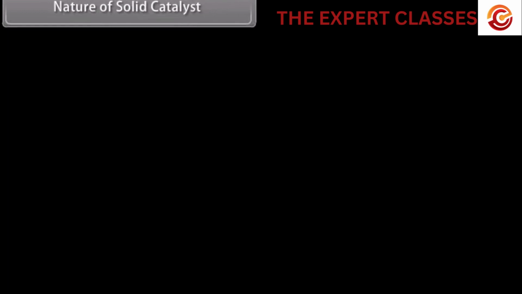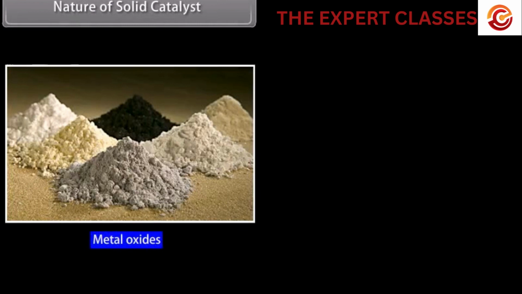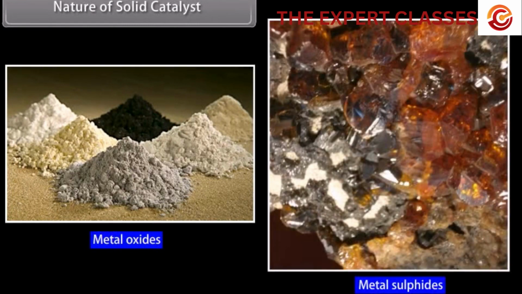Nature of solid catalyst. Metals, alloys of metals, metal oxides, metal sulfides, or mixture of these are generally used as solid catalyst. The two important aspects of solid catalysts are